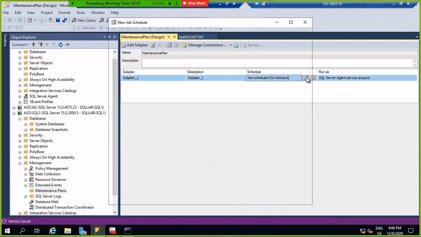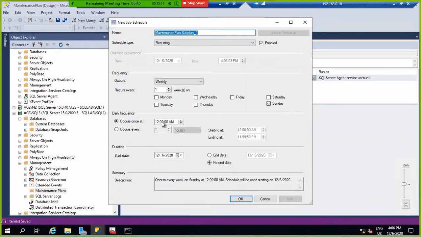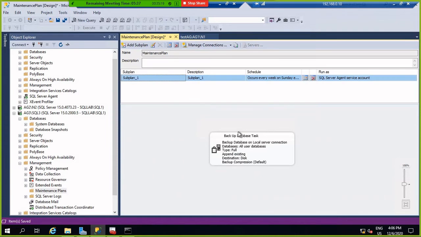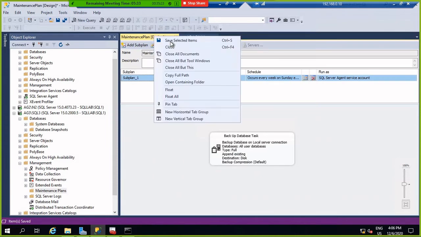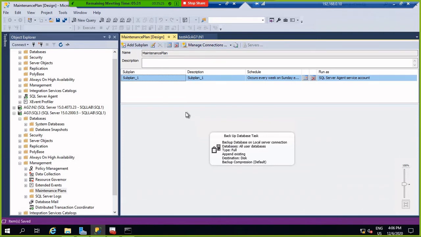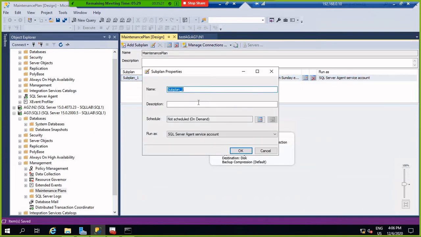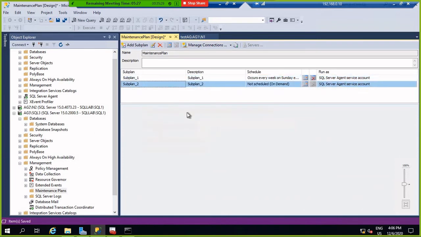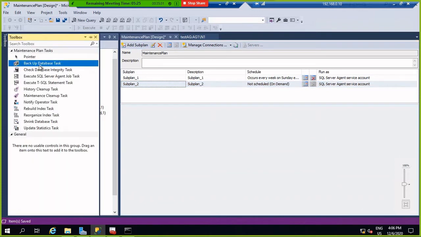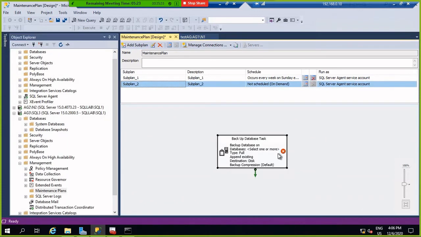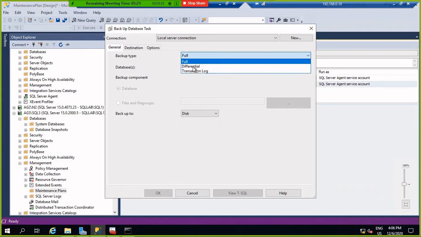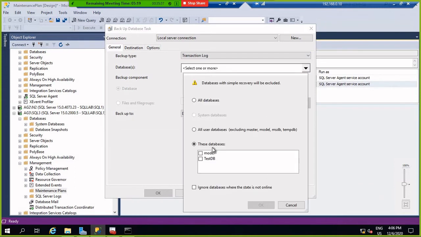If required, you can schedule it every 5 minutes. I'll schedule 3 minutes. Save it. Add one more plan, and here add the T-log backup. Change to T-log.